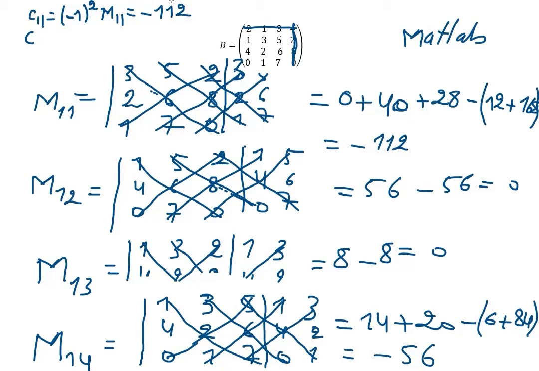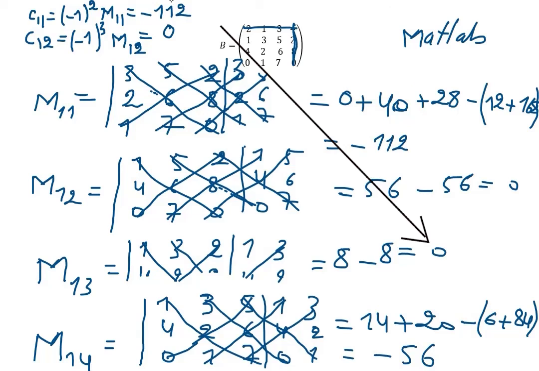And C12 is equal to minus 1 power 1 plus 2 is 3, times m12, but m12 is 0, so this is 0 because here will be minus 1 times 0 is 0, and the same here, C13 is 0 because m13 is 0, so C13 is equal to 0,